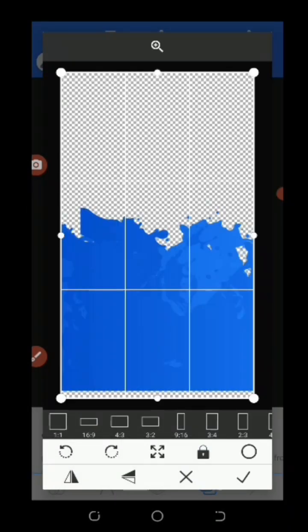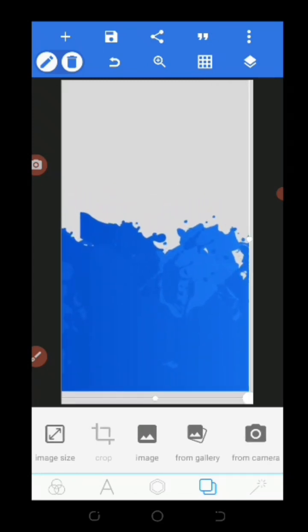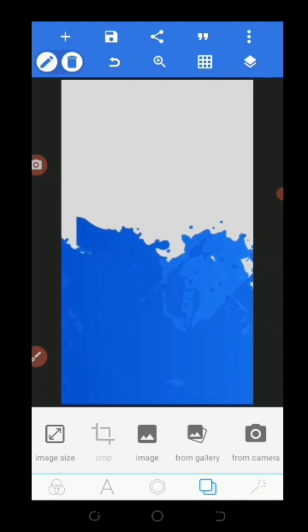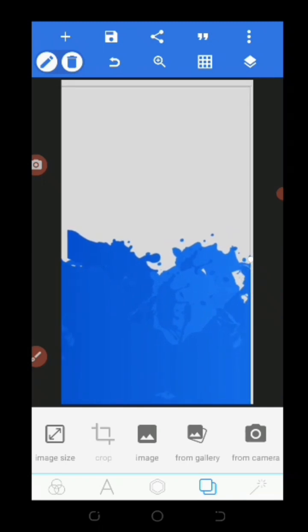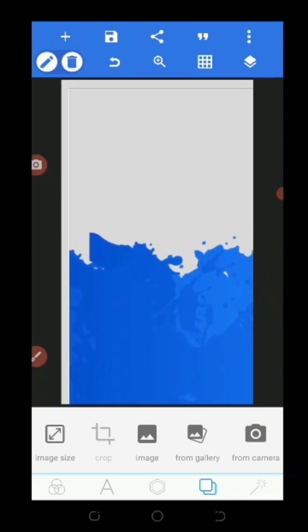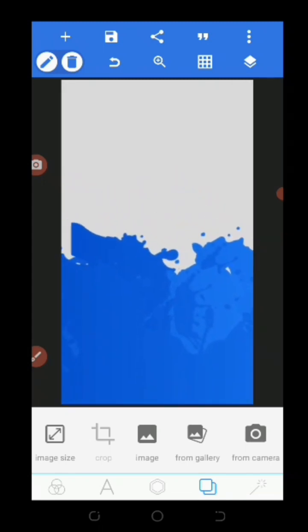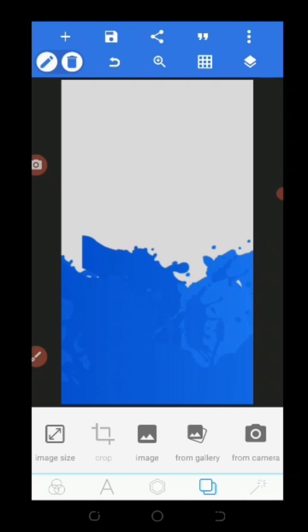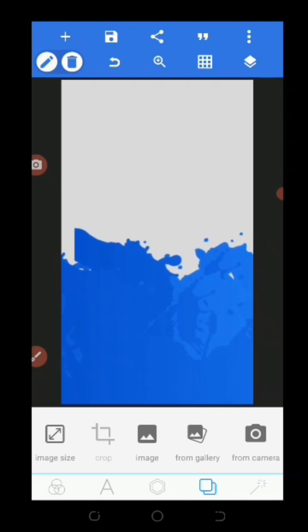Yes, as you can see. Then I'll come over here and just adjust it like so. Adjust it, make sure it's properly adjusted. So you can see what we have here. Just try to come up with something really good. Okay, having done that, the next thing I'll be doing is to go over to the layer panel